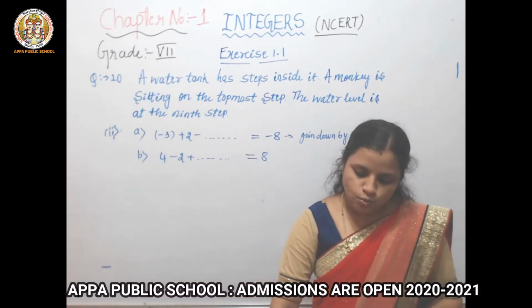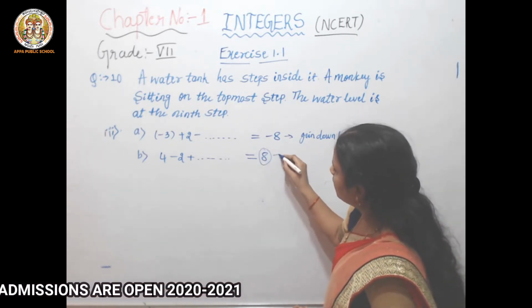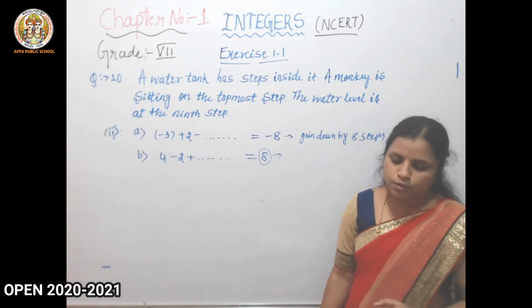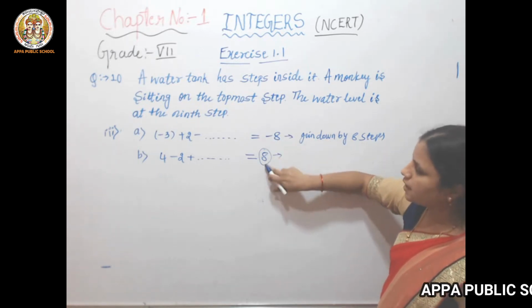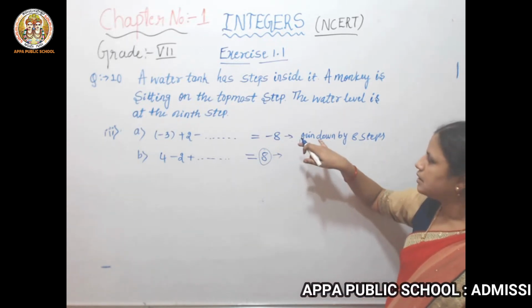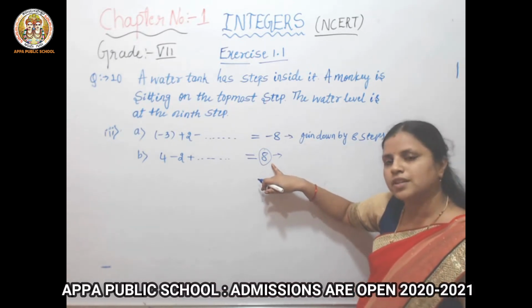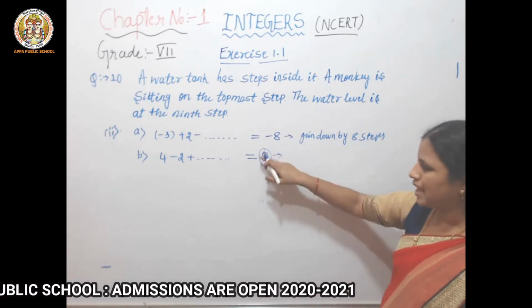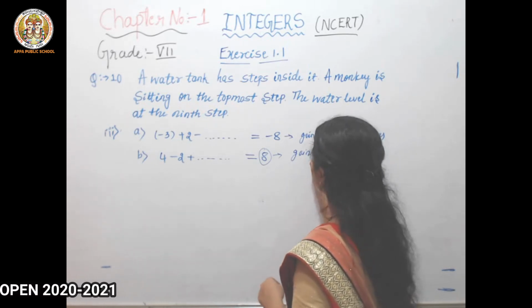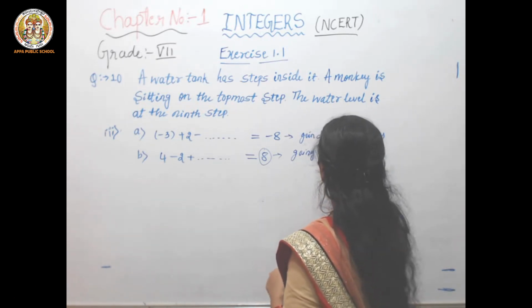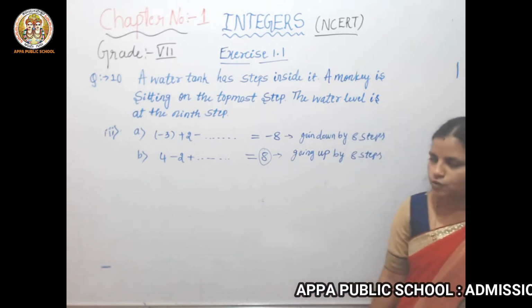And so what will the sum 8 in B represent? What does this sum 8 represent? We have to see here. See, here minus 8 represents going down. As plus and minus are opposite signs, plus indicates going up, and already in the question it is said that steps up are a positive integer. As 8 is a positive integer, you should take it as going up by 8 steps. This is the solution of the third one.